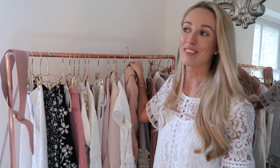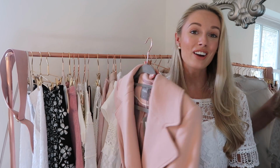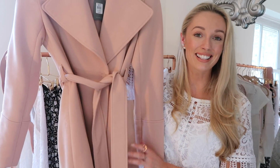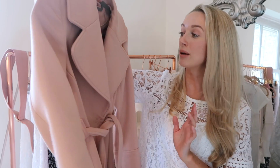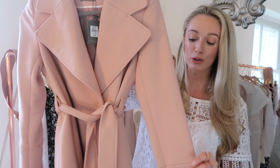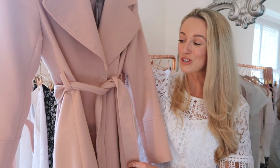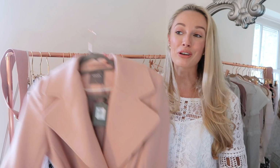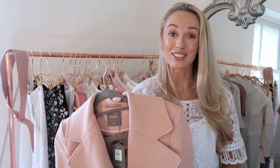This next one I have actually been tweeting about quite a few times because I think it is such a divine item for your spring wardrobe, and it is this pink coat from Oasis actually. This was £88, so middle of the range price point wise, but I think it's absolutely gorgeous. The colour of this is just absolute colour perfection. I feel so lucky right now that my favourite colour is all over the high street,